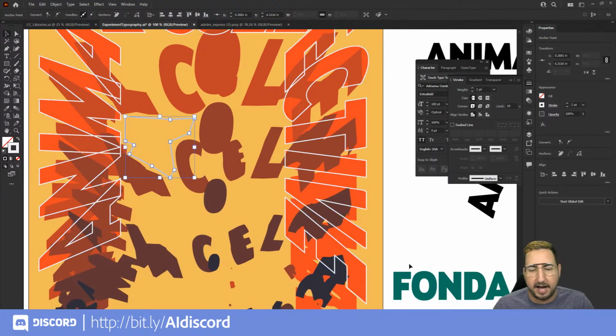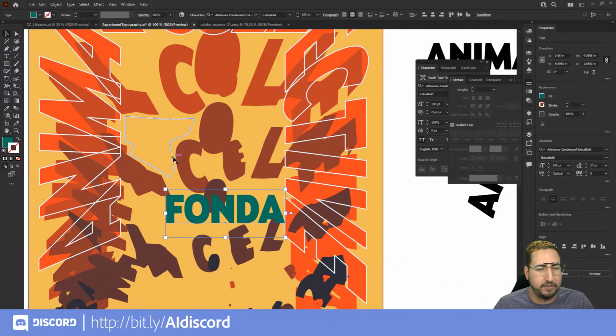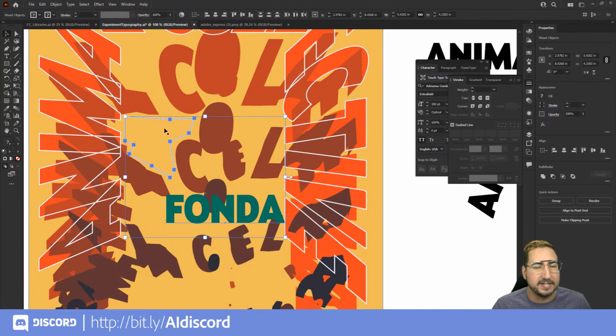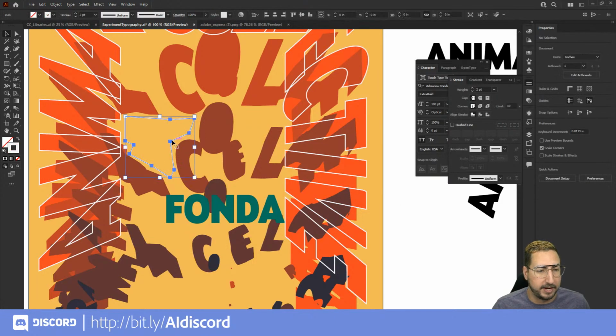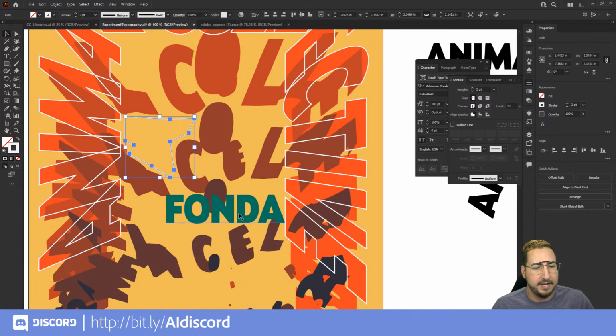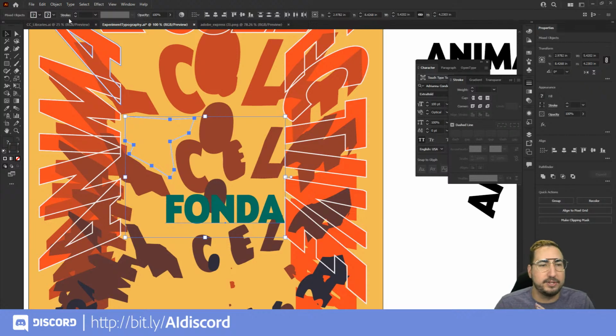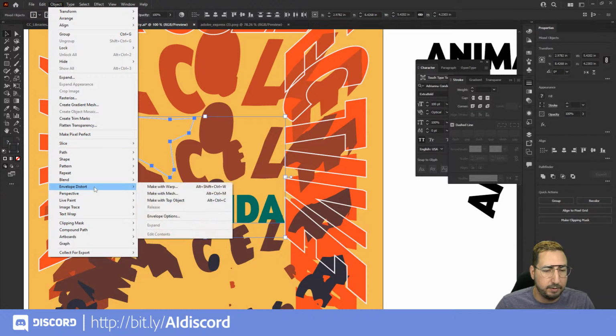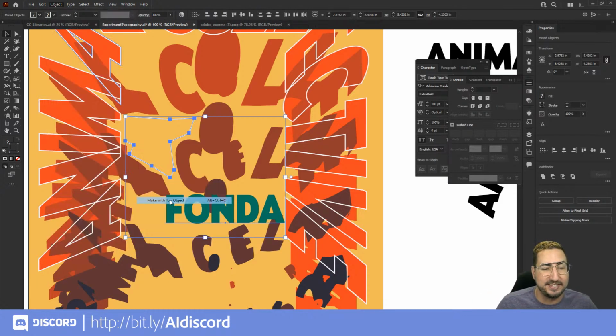So with this shape, I'm going to select my type. So I have the type here for the venue that it is. We're going to select those 2 objects. We need to make sure that this object is in the front. So we're going to right click and go to Arrange, Bring to Front. We are going to select both of these together and then use a super fun technique that is Object, Envelope Distort, and Make with Top Object. What it's going to do is take the pieces of that object that we created and smash the type to hit each of those anchor points with a piece of the type. So when we do this,